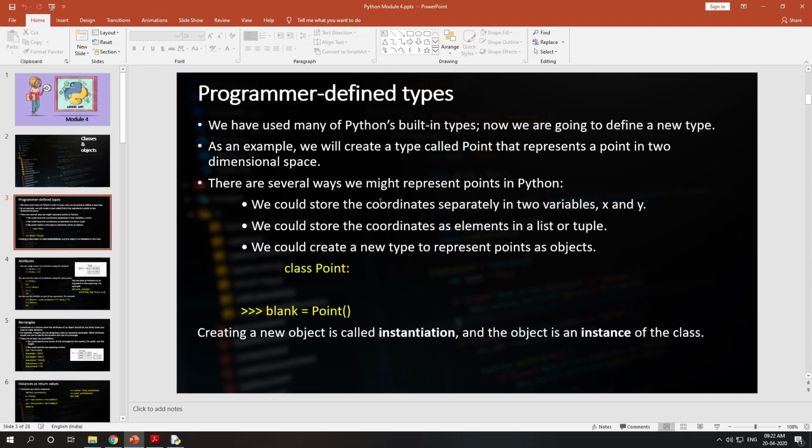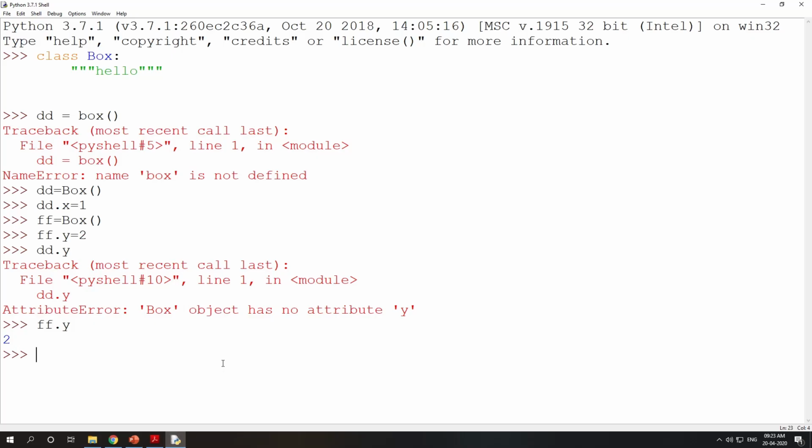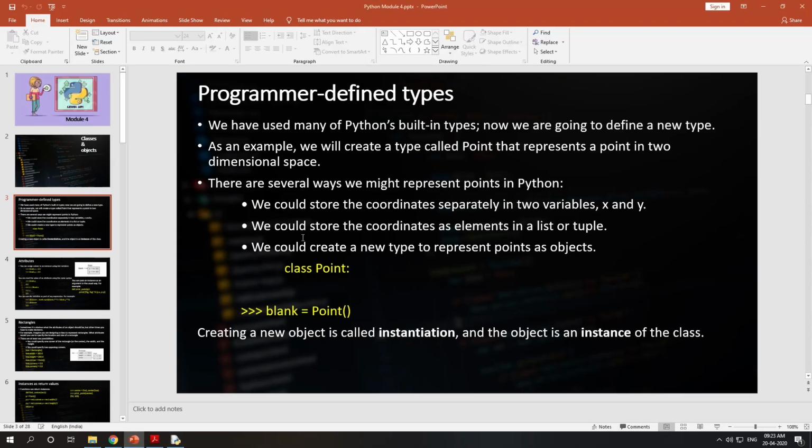First, we could store the coordinates separately in two variables, x and y, like x is equal to 4 and y is equal to 5, so the point is 4 comma 5. Or we could store the coordinates as elements in a list or tuple.